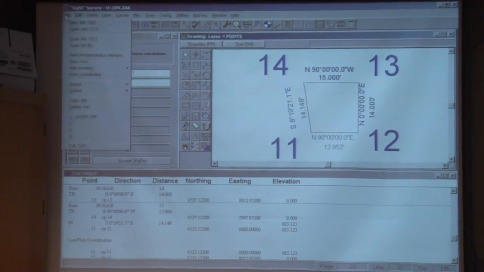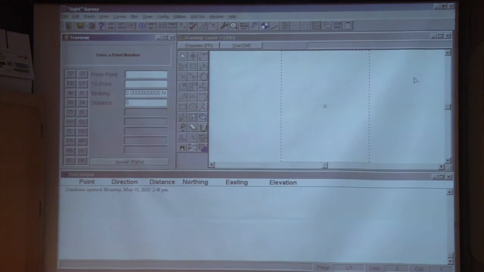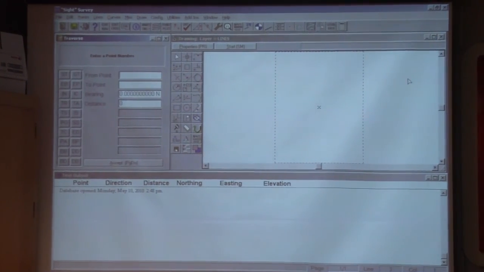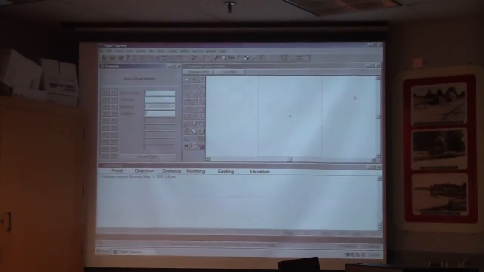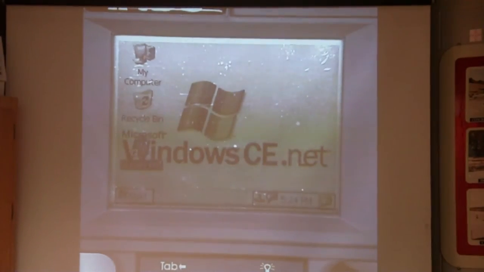Okay, then I want to go to File, New Job. So I want a blank file open on Site Survey. Next,